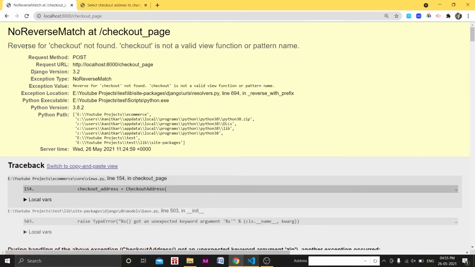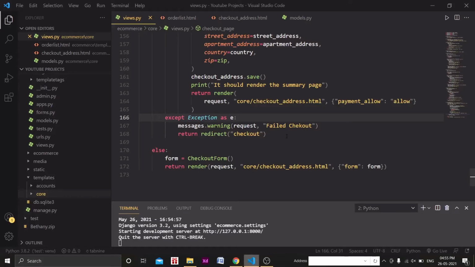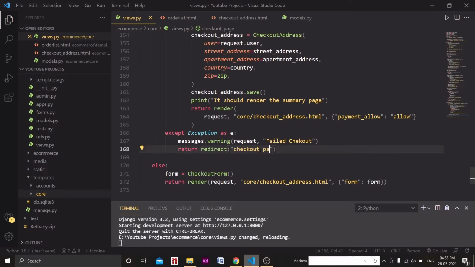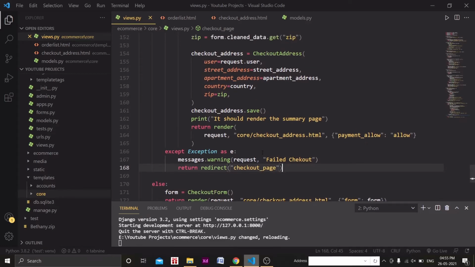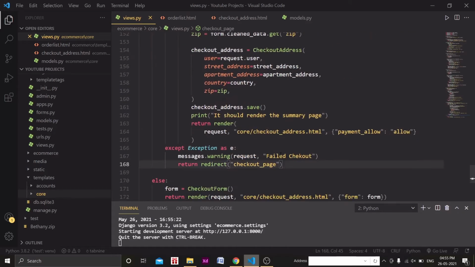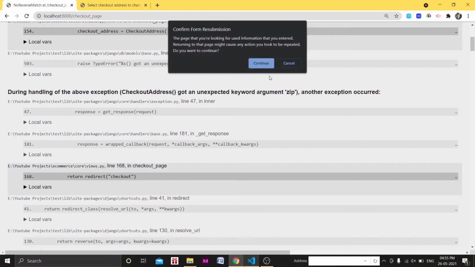Okay, so reverse for checkout not found. Checkout is not a valid view function or pattern name. Okay, so we were redirecting to checkout. I think checkout page was the URL name, and here we need to add that URL name. That's why it was not working. Redirect to the checkout page. Similarly, I think we don't have to change it on any other side. Let's continue.